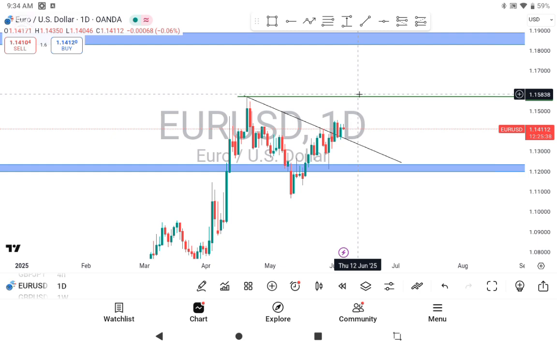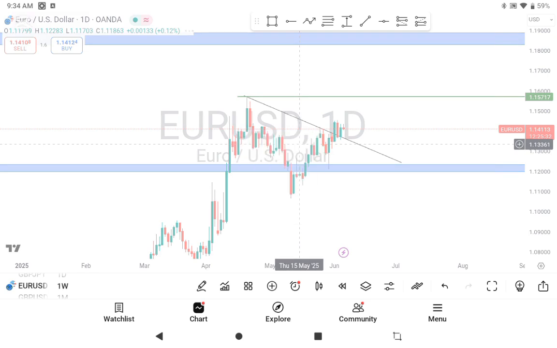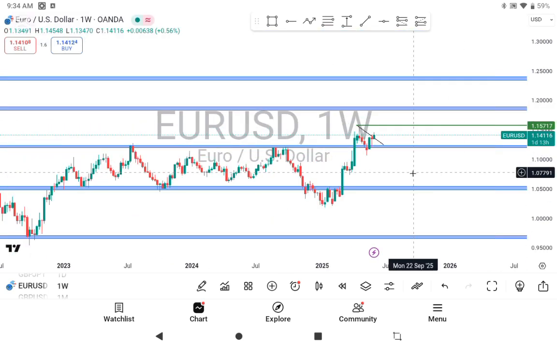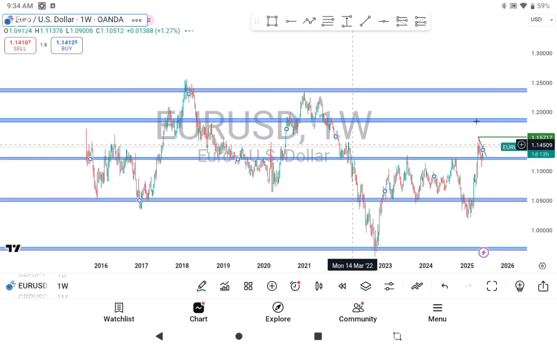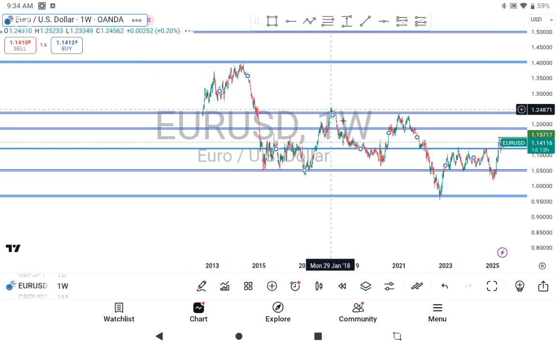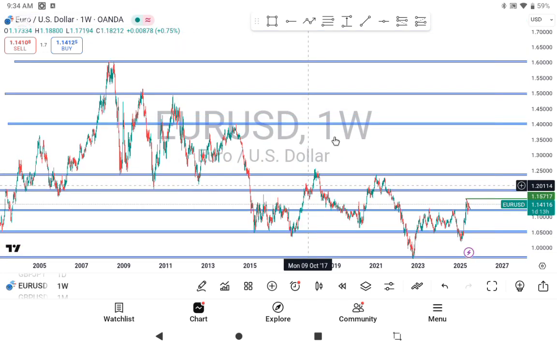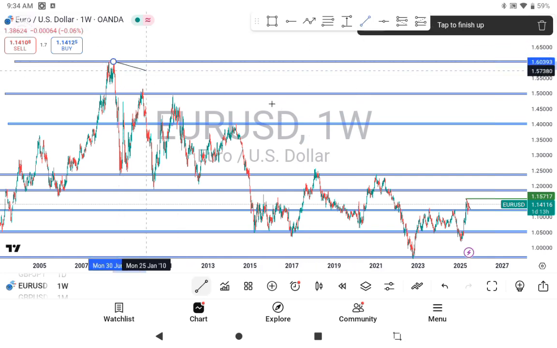So let's proceed. Now, let's go back to the higher time frame to see more clarity to understand exactly what EURUSD is doing. Right in front of me, I have the chart on the weekly time frame. So we come to the weekly time frame to see the direction of the market, to see where EURUSD is going. So now if I pop out the trend line from this swing high down to this swing low,